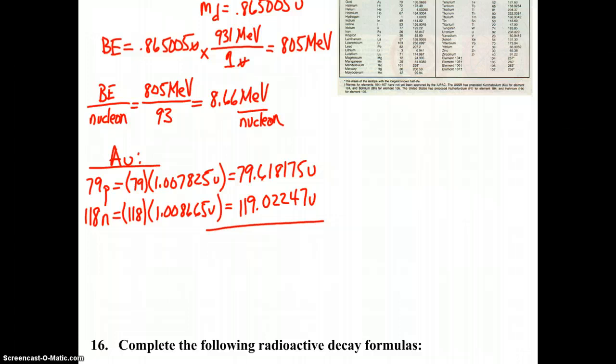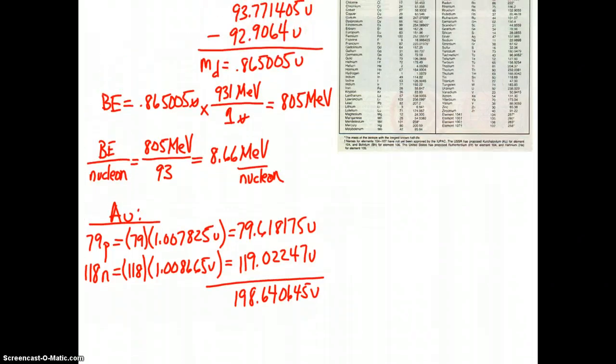Add those two totals together to get the total mass of the nucleons, 198.640645. And now we go look up the actual mass of the gold nucleus,